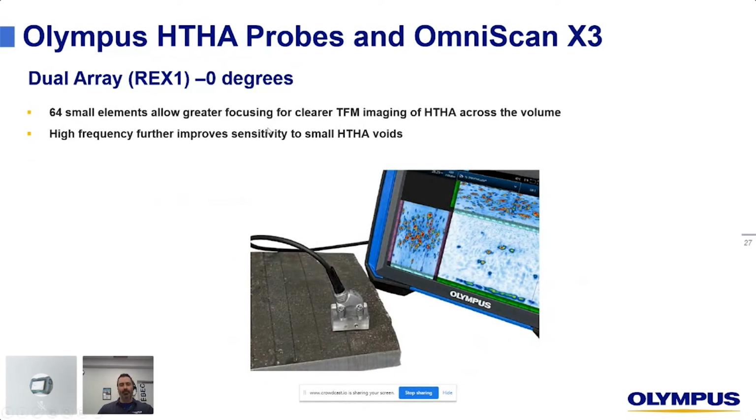Finally, similar to the 10 megahertz Rex 1, we also have a 10 megahertz A31 probe as well. Similar to the other one because we use the same casing as the regular A31. Actually, I have those two sitting next to me, where the regular A31 might be, by heart, I would say 0.6 millimeter pitch. If we double the elements, the size of the elements is divided by half. So again, it helps with the sensitivity or resolution of smaller defects.